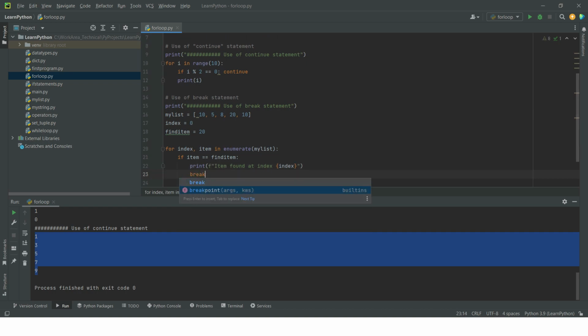So what is happening here is we are passing the list to the enumerate constructor,